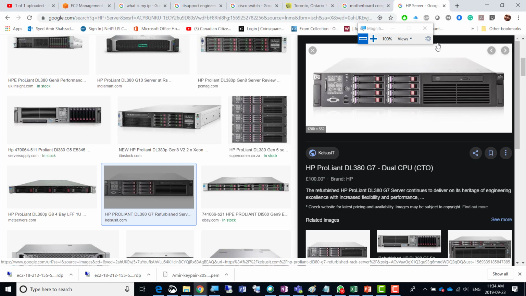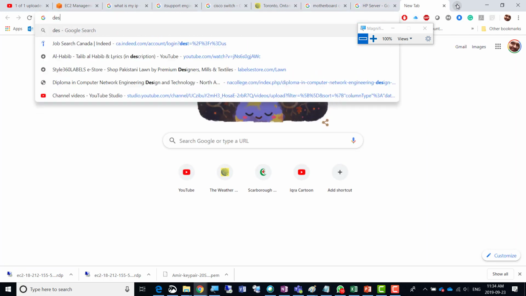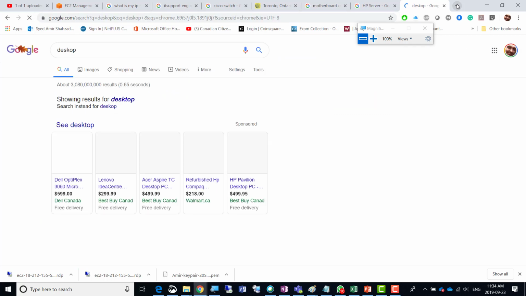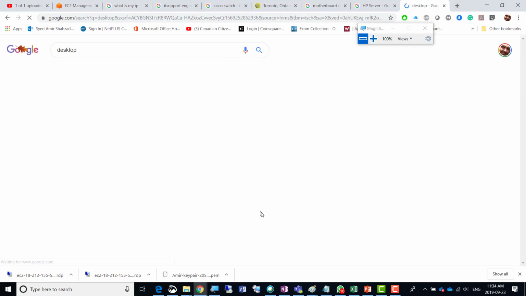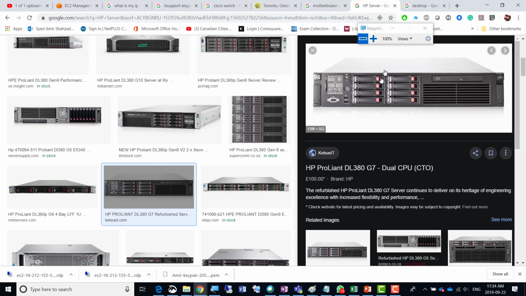So these are servers, where thousands of users are connected. And a desktop would be a desktop. Obviously thousands of users will not be connecting to that. Thousands of users will each have one desktop. From those thousands of desktops, people will be connecting to the application that is installed on a server. So it's a heavy machine, it's a big machine. There are rack servers, tower servers, and other types of servers that do equally critical work,